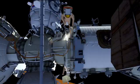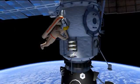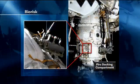And I know we kind of replace things like that fairly often, right? Is it just to make sure the station has the best protection possible? That's correct. Yeah. Here you can see one of the other experiments called BioRisk that they're potentially bringing inside. Now this is a get-ahead task. So this experiment, they get to bring it inside and find out scientific data that they collected during the course